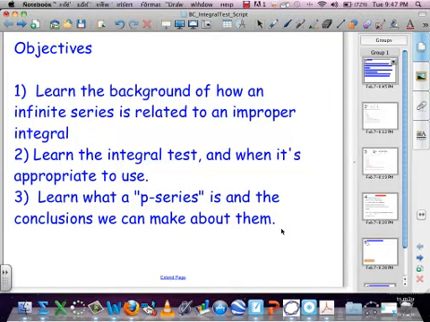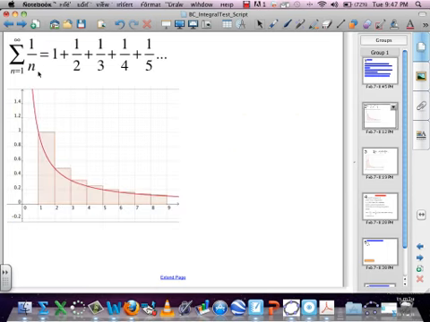Okay, onward to our next test to determine whether the endpoints of a power series will converge or not, and just in general a test for an infinite series of constants. I want to show you some pictures here. Okay, so here's an infinite series of constants, 1 over n, and that's 1 plus 1/2 plus 1/3 plus 1/4